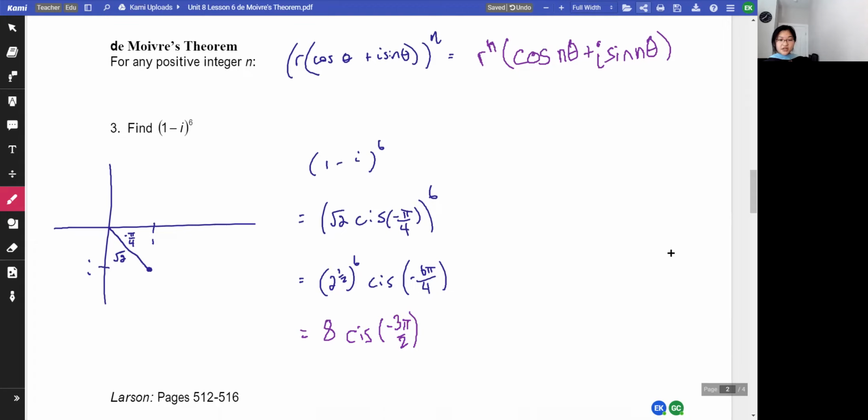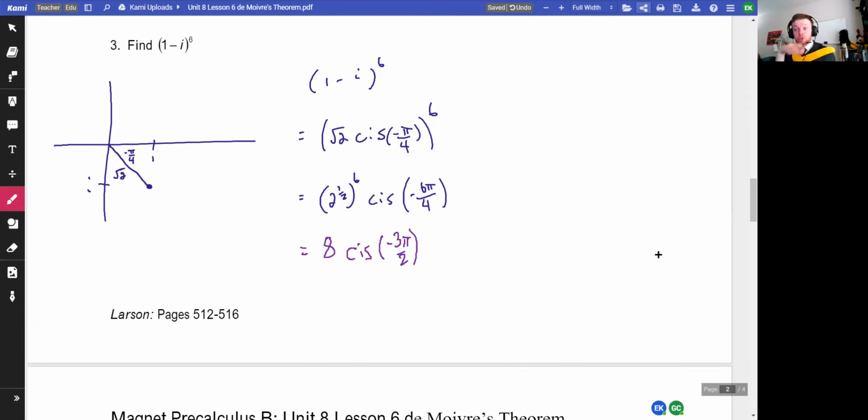Now what? Are we done, or do we need to do more? Well, what do you think? Do you like to leave it in its polar form in all its glory, or do you want to convert it back to rectangular form to maybe geometrically see it in the plane? How you feeling? I think it's okay, because we do know that it's going to be a negative 3 pi over 2, so it's going to go around, and then it's going to be up here.